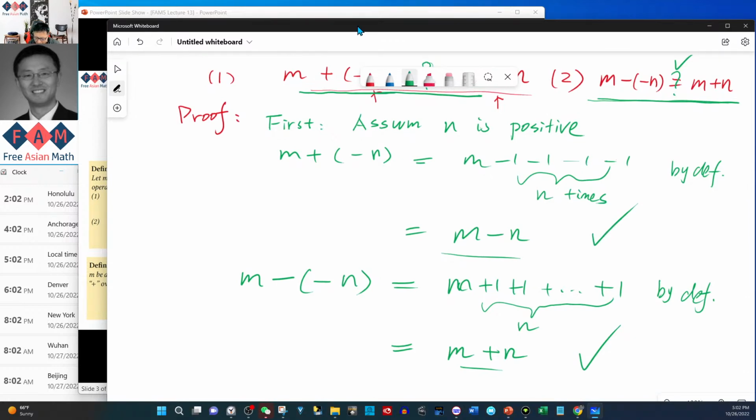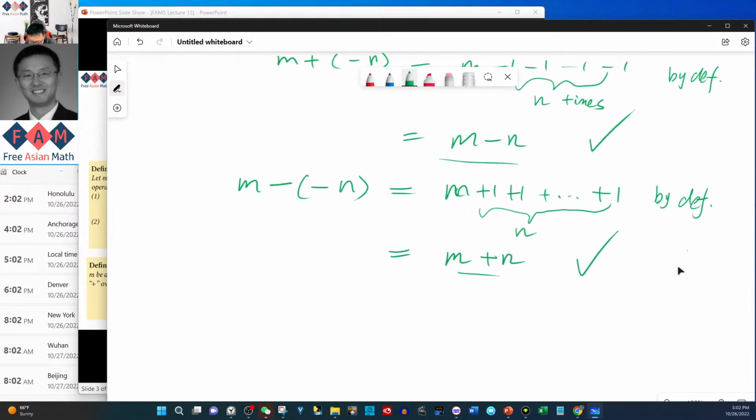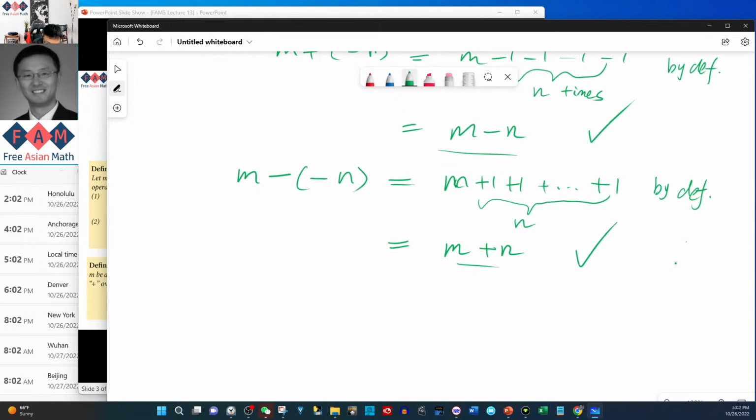So where n is positive, the two subparts are true. And in both cases, that's because we already define them to be true. Okay? So nothing to actually prove, because those are just definitions. But this is only for the case when n is positive. Now, what else could n be? Well, our second case has to be